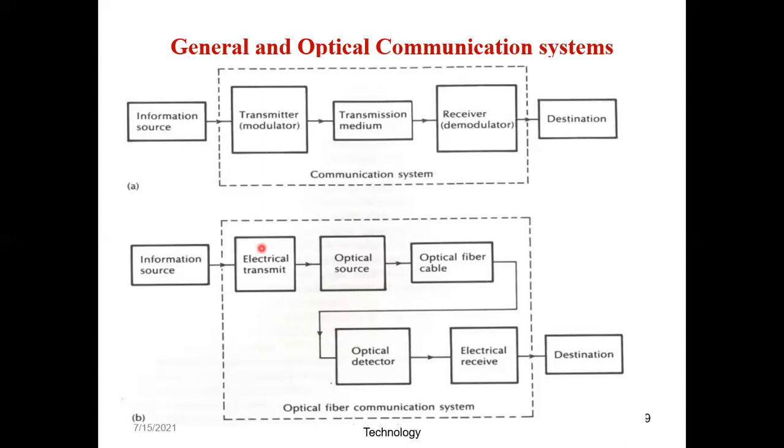Okay, so just see the arrow. It is one directional. It is going over here. Sometimes the students just say information source, the signal goes to electric transmit, from electric transmit it goes to optical source. You are just explaining that whole thing in words. So explain the procedure, that what is the purpose of an optical source.